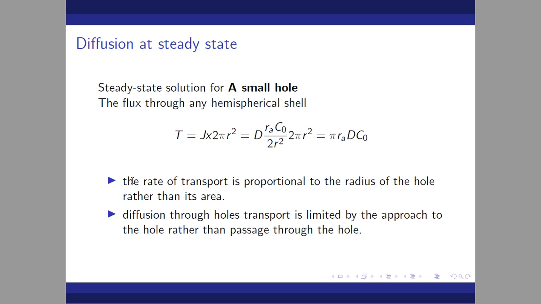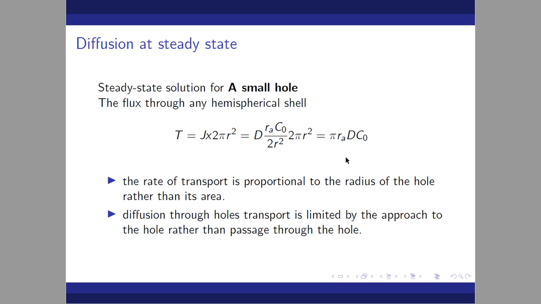Okay, so what we can say is that the rate of transport is proportional to the radius of the hole rather than its area. Radius of the hole RA, and diffusion through the hole: transport is limited by the approach to the hole rather than the passage through the hole. So it depends on the diffusion, on how fast the molecule